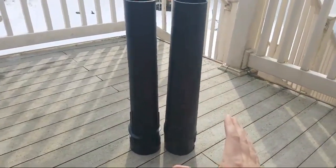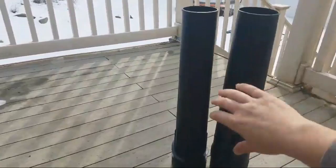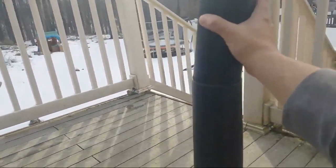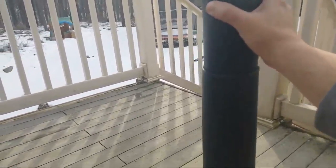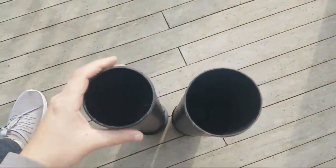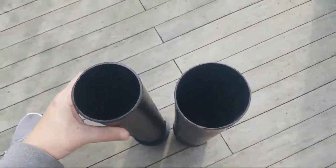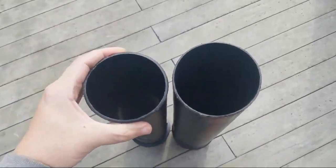Now, is it a little bit smaller? Yes. Obviously it's the same length, but you can't even get this in, I mean, you can if you really push it in. Like I said, it is smaller, but it's nothing mind-boggling. Here, you can take a little bit closer look. And you're not going to get an extra 25 miles per hour by making your tube